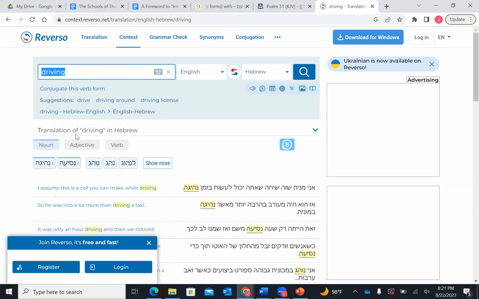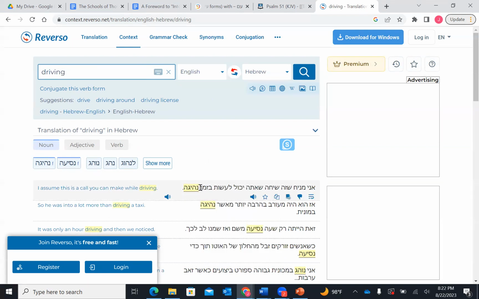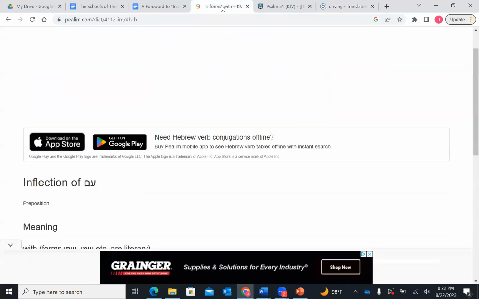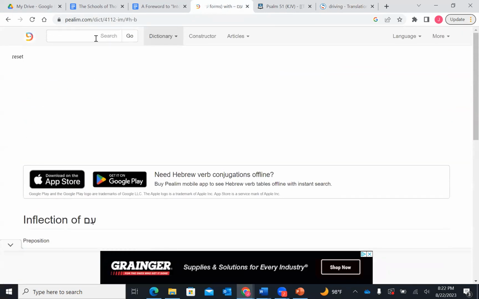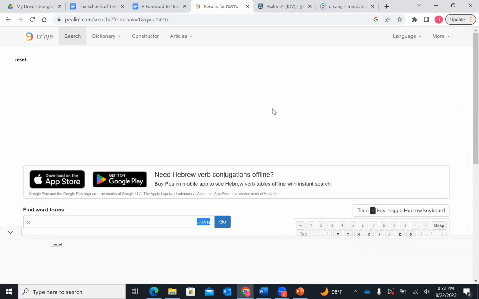Driving is the Hebrew word nahiga. So this is a new modern word then. Yes, it definitely is a modern word. Okay, let's see, nahiga. We're gonna copy that, put it in this, and see what it says. While you're looking for that, do they have councils that decide how to modernize words? I think it's more organic than that. I think at one point it was all really formal, and as people got older and more words got introduced, people started to slack.